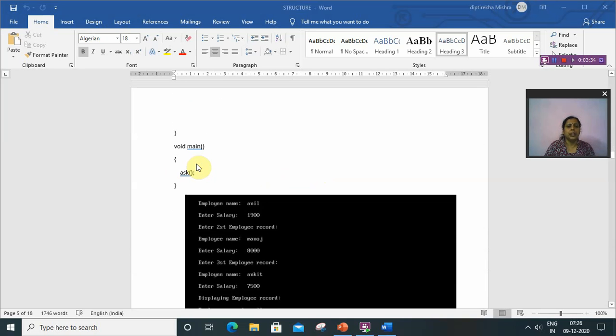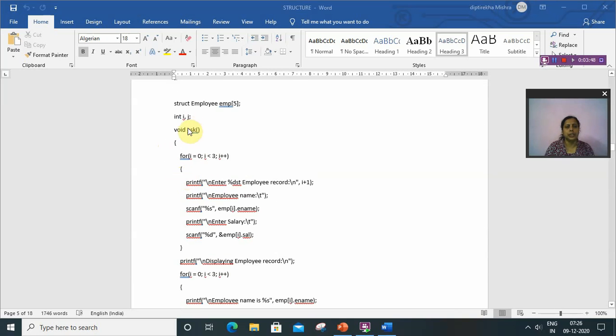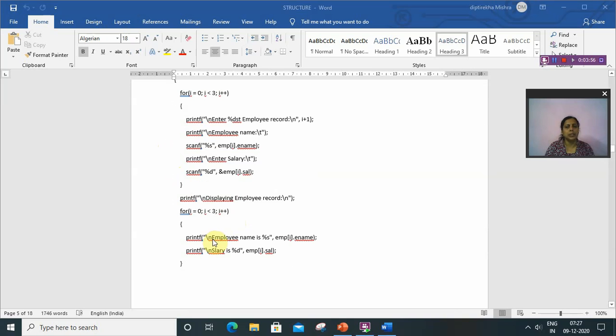In int main I am just calling the function ask, which means the compiler starts execution from main and then it will go to ask and execute the ask function. It asks for the employee record and displays the employee record.